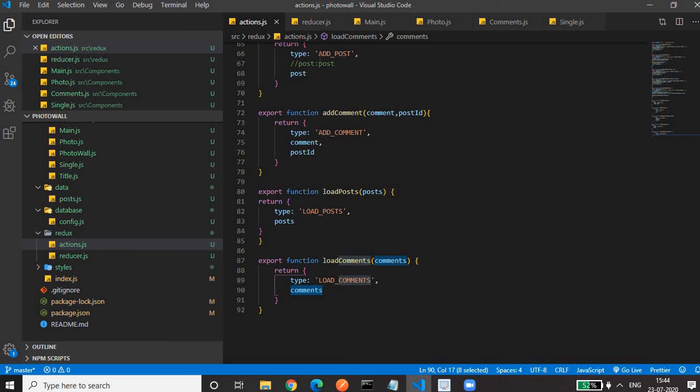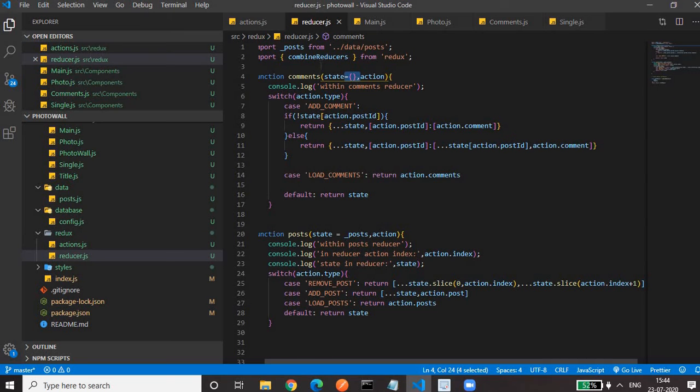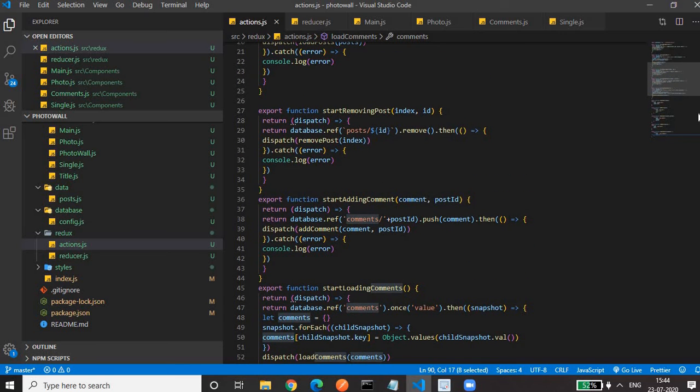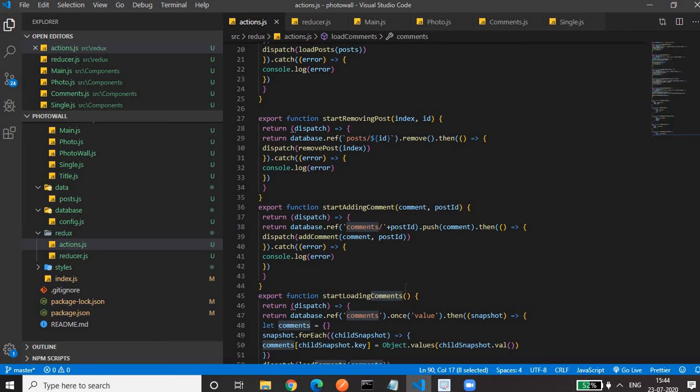We'll go to the reducer. For the comment state, here it will match the case statement, and we are returning the action.comment. So this will update our store with the new comments. Okay, this is how we are updating, but we need to call this start loading comment somewhere in the database, right?